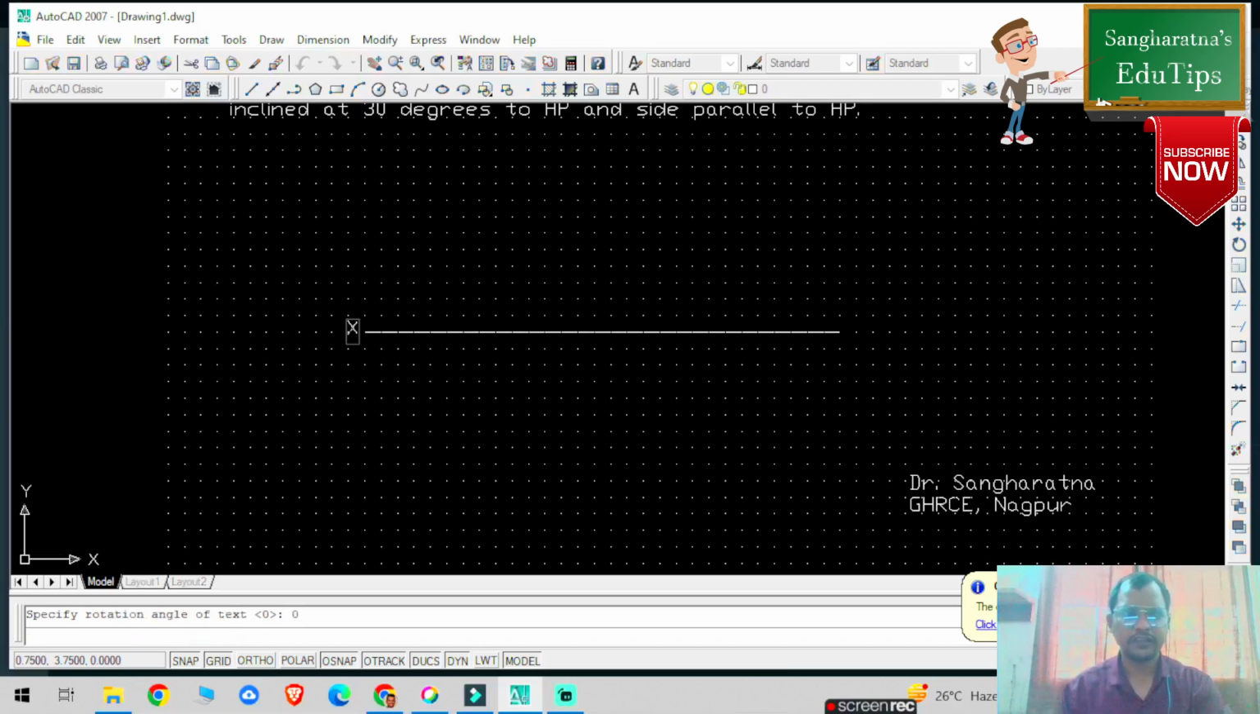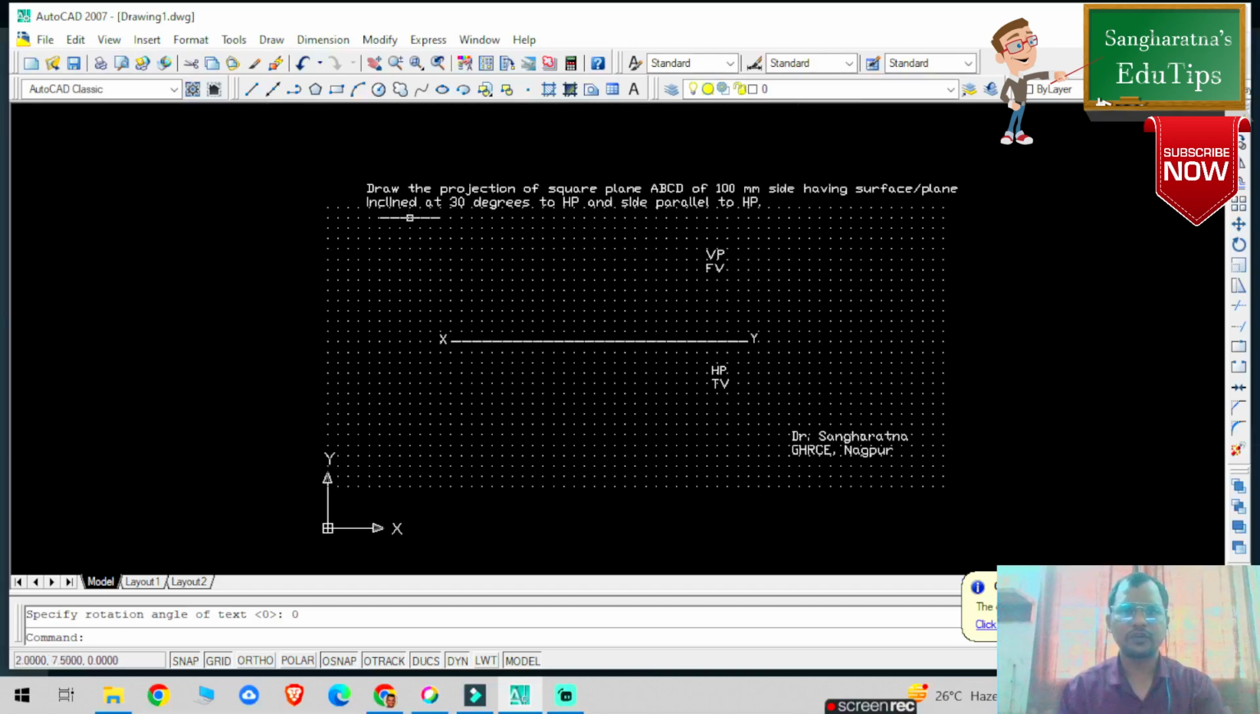Okay, so this is my X and Y reference plane. This is my VP. I am always drawing front view. This is my HP. In HP I am drawing top view, right? And I have already written the names here. Okay, then press escape. So I need to draw the square plane ABCD of 100 mm side having surface